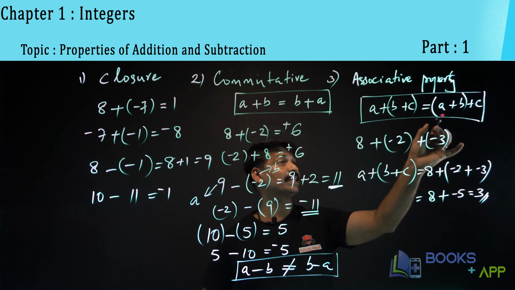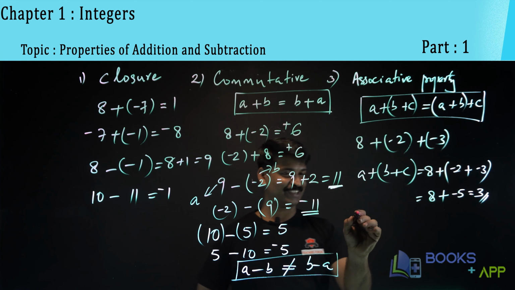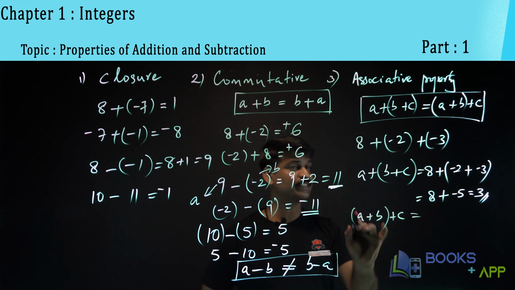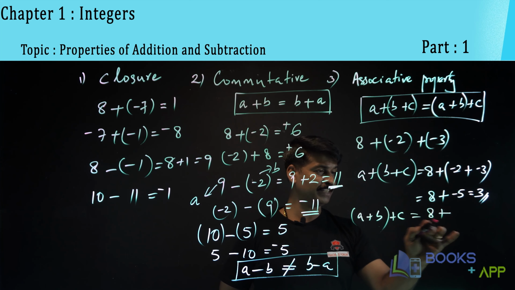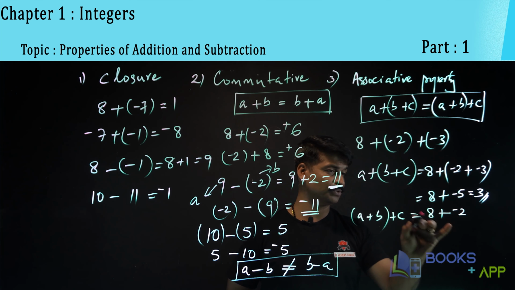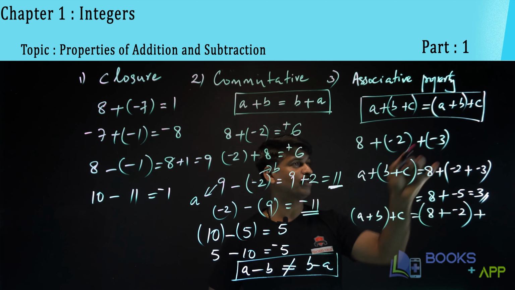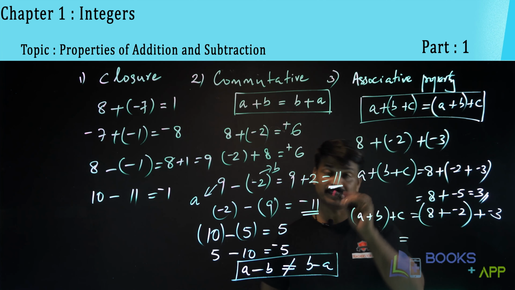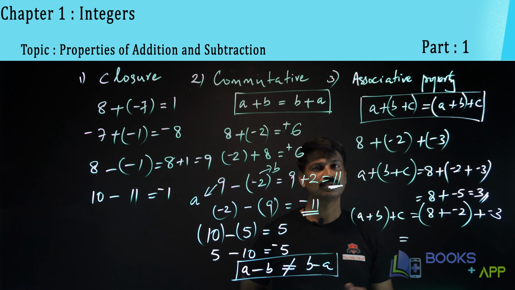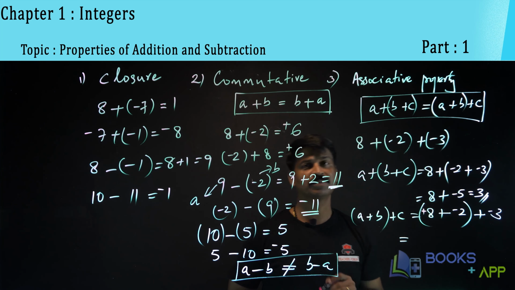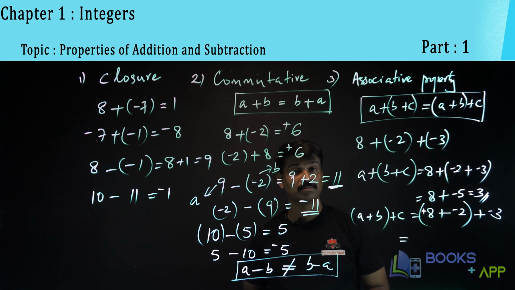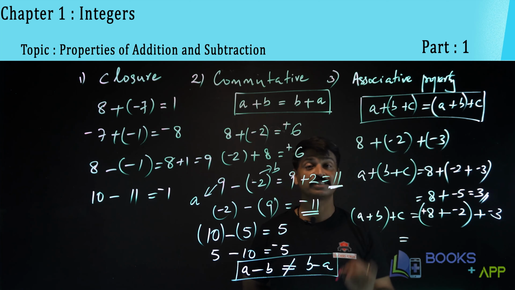Now, let us find out what is (a + b) + c. Tell me what is a? A is 8. Plus b, what is b? B is minus 2. Plus c, what is c? C is minus 3. We will perform what is given in the bracket first. What is 8 plus minus 2? It is a positive number and a negative number. When a positive number and a negative number come, we have to subtract and put the symbol of the greater number. So 8 minus 2 is 6. Put the symbol of the greater number, that is plus 6. Plus